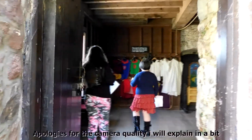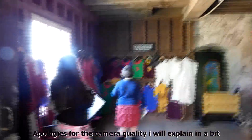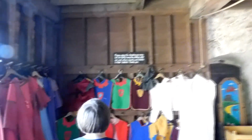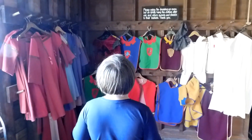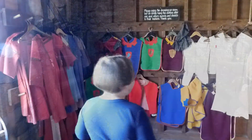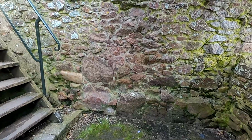Please enjoy dressing up rooms, and after using them, return the swords and shields to their baskets. Thank you. Right, so